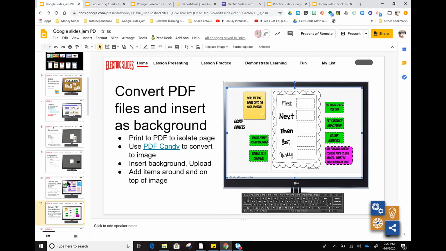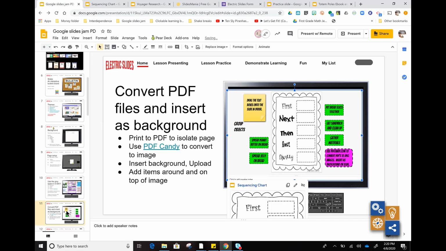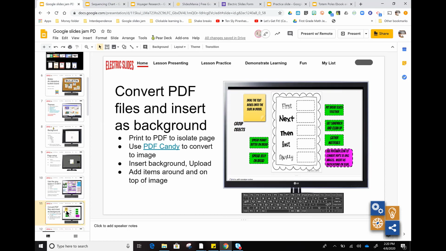So great idea on how to use some of those graphic organizers, some of those print resources that maybe you have, being given to you by your instructional,